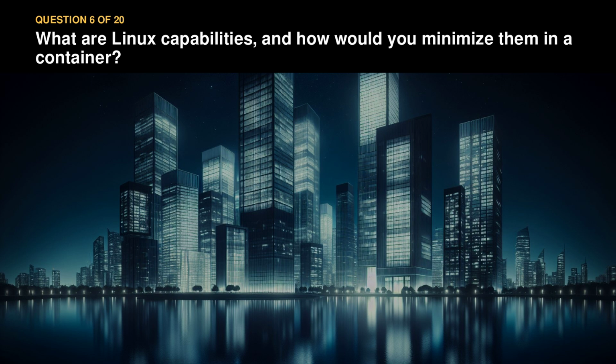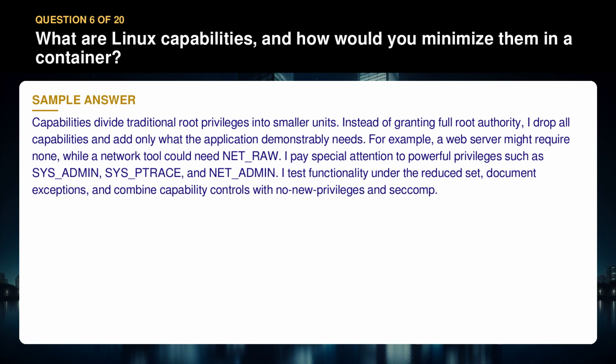Question 6. What are Linux capabilities, and how would you minimize them in a container? Capabilities divide traditional root privileges into smaller units. Instead of granting full root authority, I drop all capabilities and add only what the application demonstrably needs. For example, a web server might require none, while a network tool could need NET_RAW. I pay special attention to powerful privileges such as SYS_ADMIN,